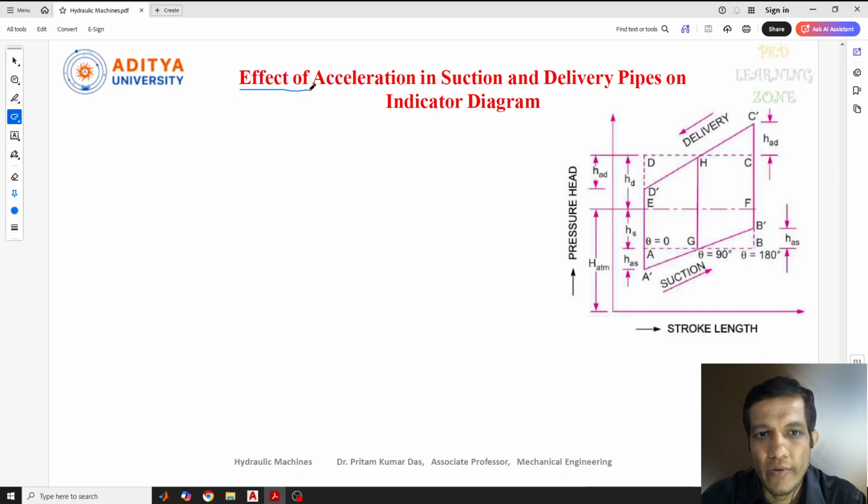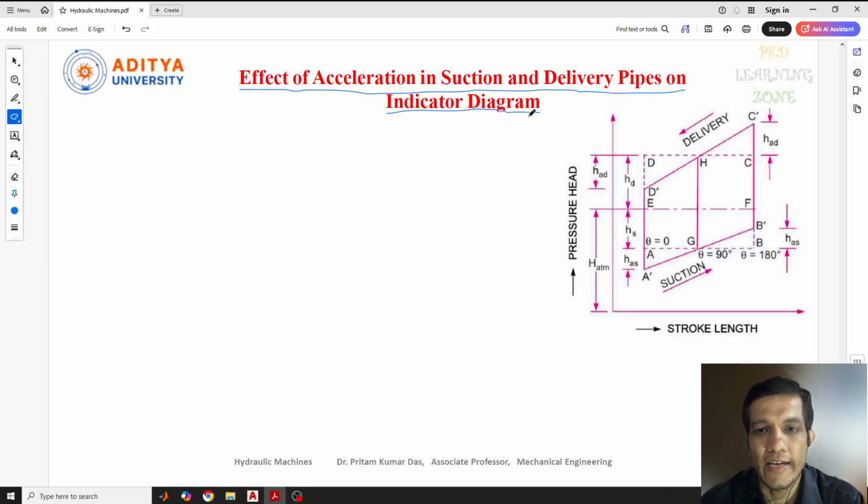So in our last lecture, we have discussed the indicator diagram, and I told you that there are a variety of concepts. In the last lecture, we discussed the ideal indicator diagram. So this is the second category, that the effect of acceleration needs to be considered in the suction and delivery pipes